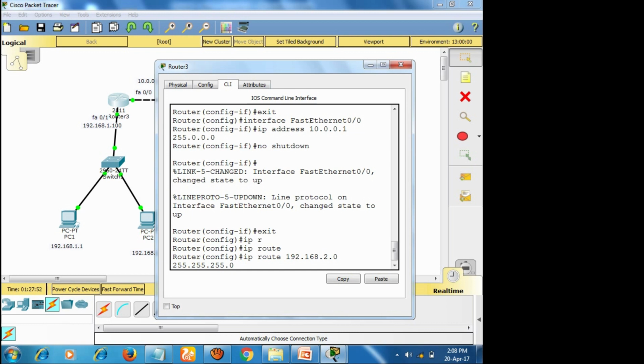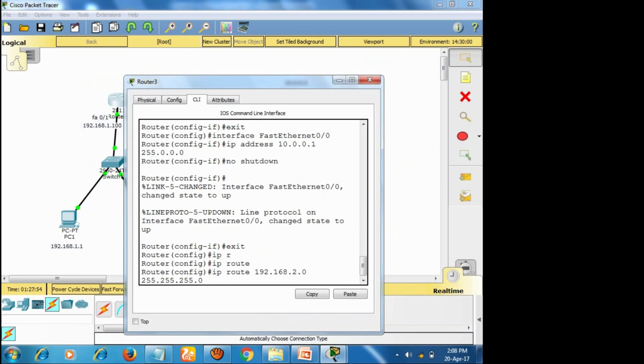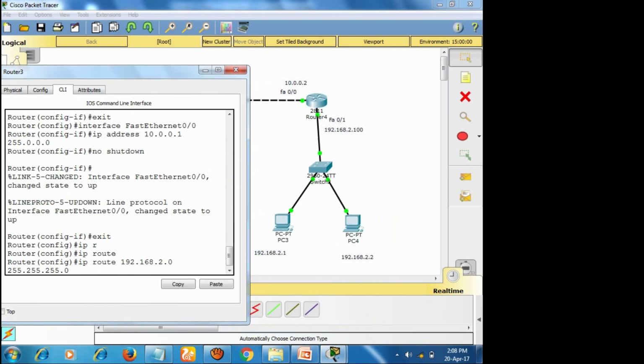Because look at here, I can communicate from PC1 to PC3 as well as PC4. Assume that if I give 2.1, then I can reach only PC3. I cannot reach PC4 because its IP address is 2.2, right? If you use 2.0, what is 2.0?